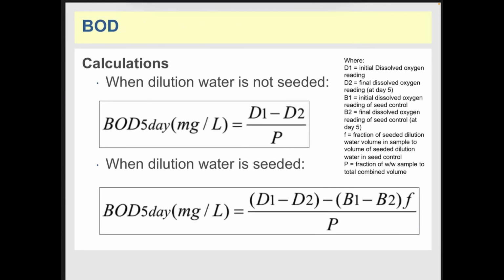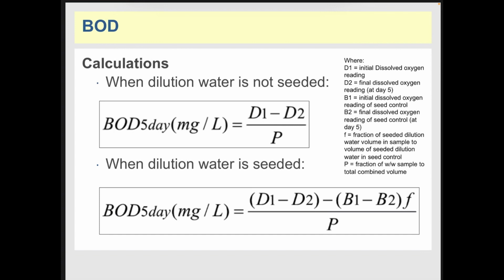Now let's proceed to the BOD calculation. Let's say we have a water sample. Sometimes microorganisms are added to help calculate the BOD, and sometimes not, since the sample has microorganisms on its own. So, when the water sample or the dilution water is not seeded,